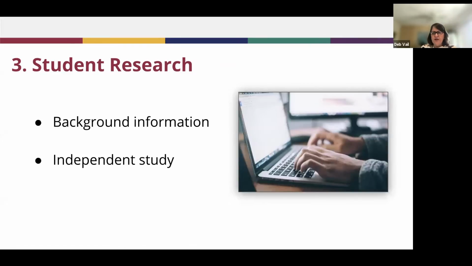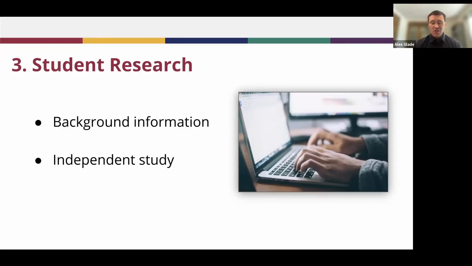Alex, you want to kind of launch this third bucket that we've been talking about? Yeah, so far, a lot of what we've talked about are resources gathered by the teacher that then are given to the students. And that's an important way for students to begin analyzing sources and for us as teachers to make sure that they're getting some of the content out of these specific sources. So we're sure they're getting the content we want them to get.